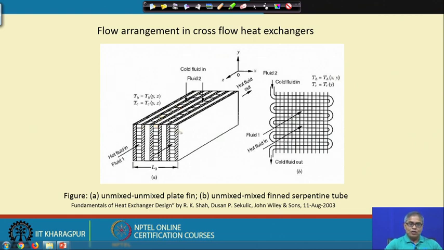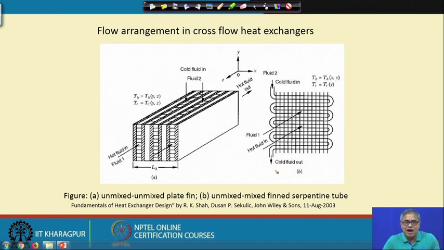So, what will happen on the other side of the heat exchanger, when the hot fluid is coming out, it will have some sort of temperature variation or temperature distribution. When it is coming in, it is having uniform temperature. When it comes out, it will have some sort of temperature distribution. Same is true for the cold fluid. Cold fluid, when it is coming in, will have uniform temperature distribution, but when it is going out of the heat exchanger, there will be a distribution of temperature. That is what has been told here.